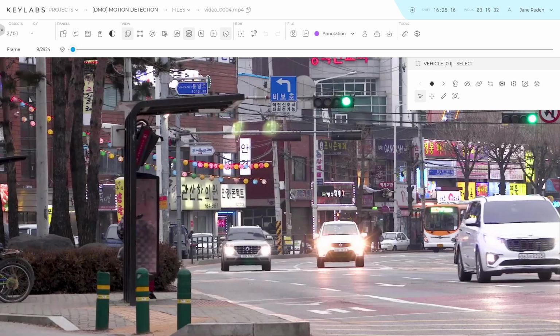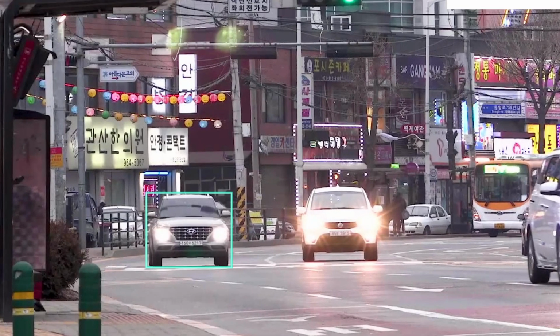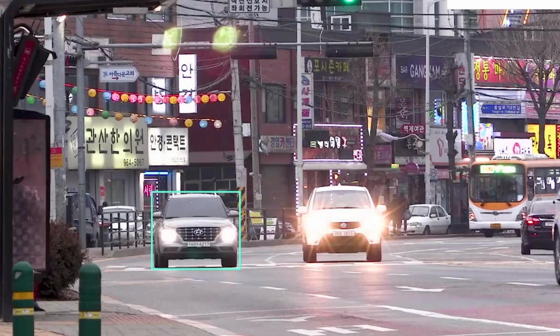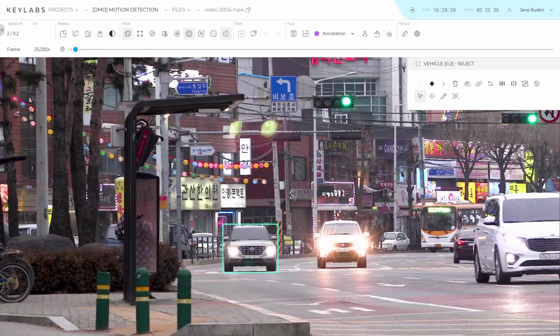If a single object was annotated using two different masks, you can merge them into one without redrawing or deleting any instances. The merge function combines two objects by taking all instances of the first object up to the current frame and all instances of the second object from the current frame onward, joining them into a single object. For example,